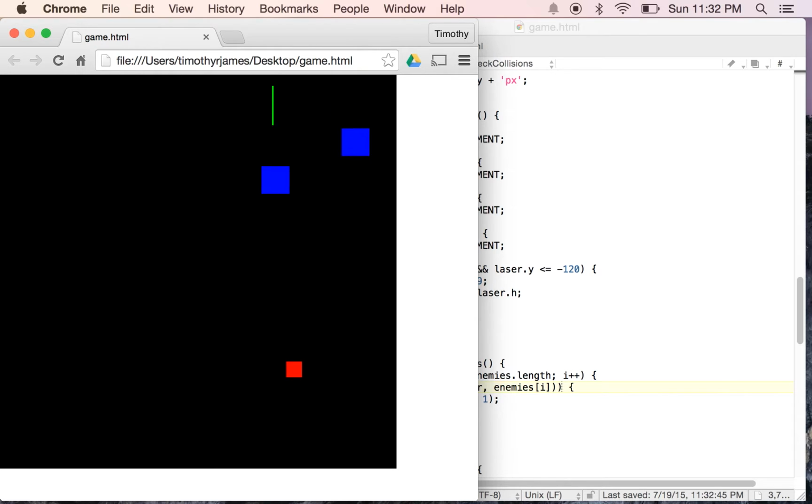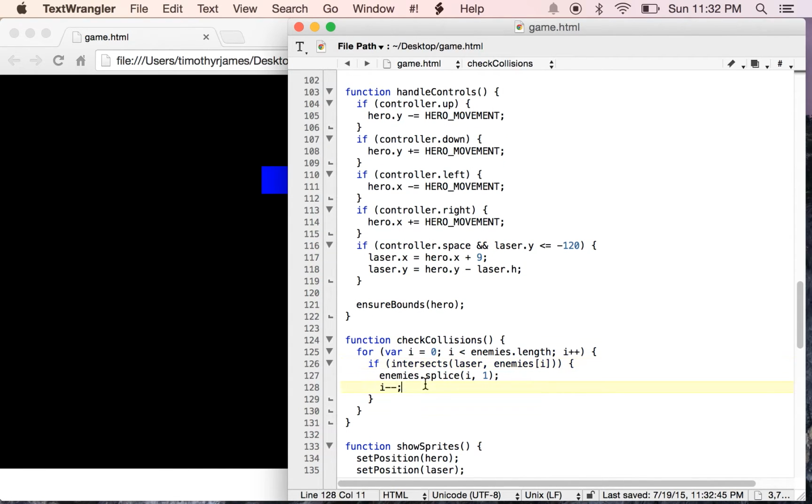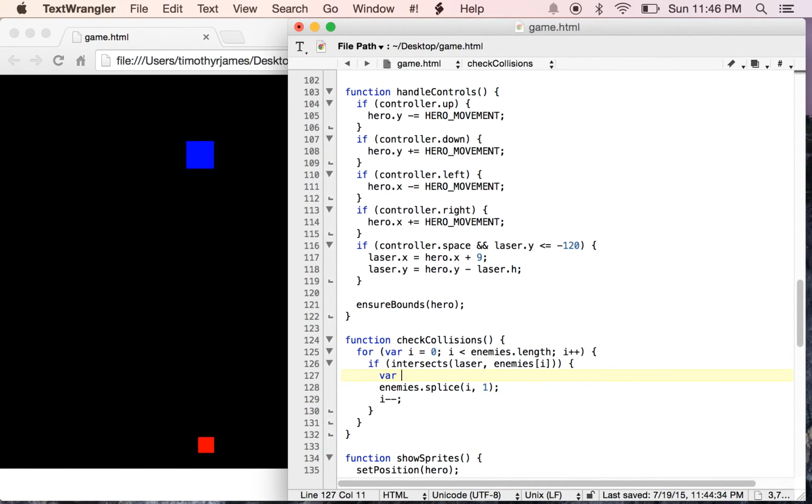Now if we find an enemy to shoot, notice that it just stops dead in its tracks when the laser passes through it. But that's not exactly what we want, because we want to actually remove that enemy from the document as well. So we want to go beyond just taking them out of the enemy's array. We want to remove them from the screen as well. So we'll create an element here. We'll just retrieve that element,